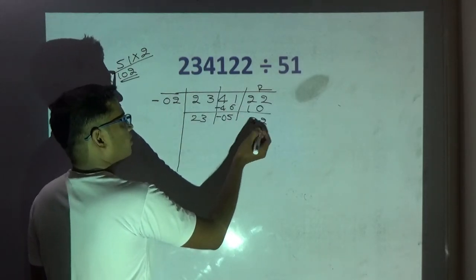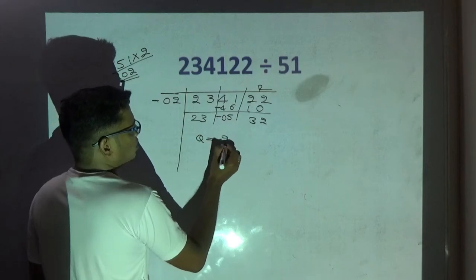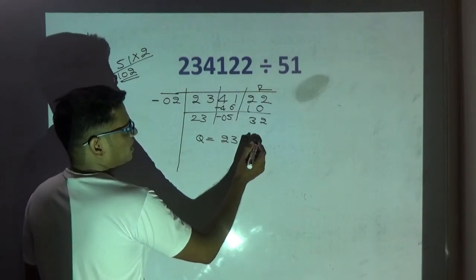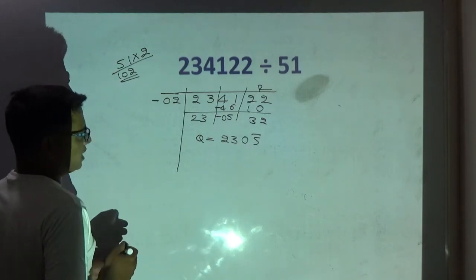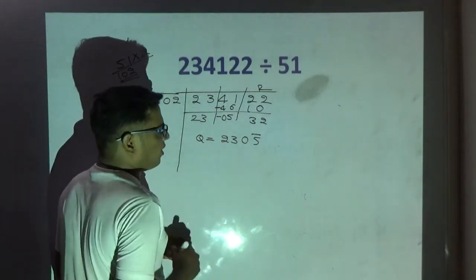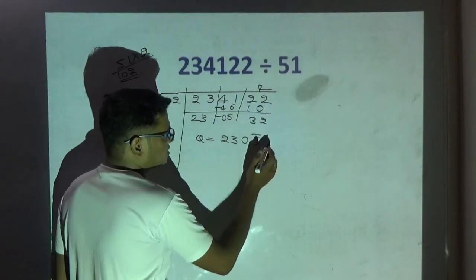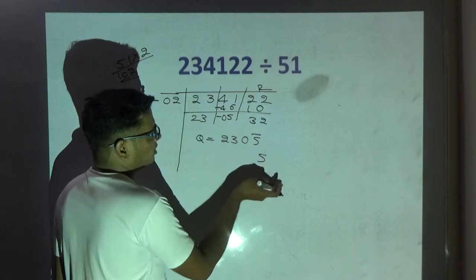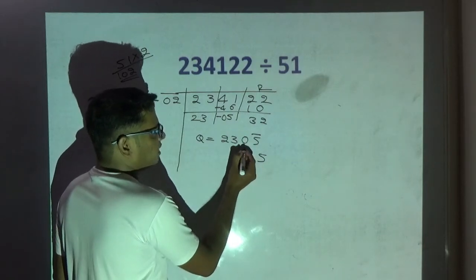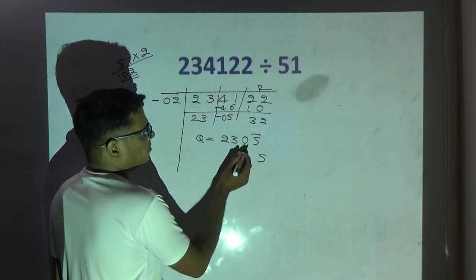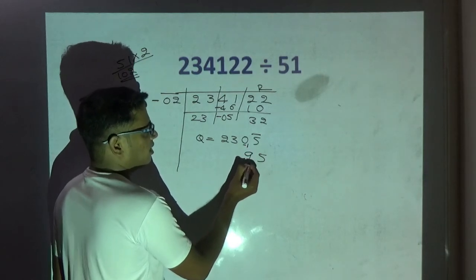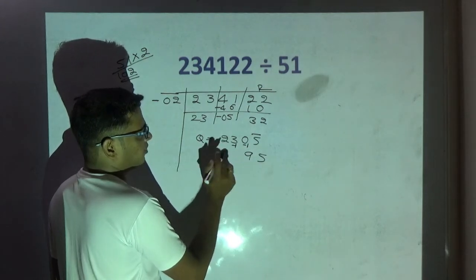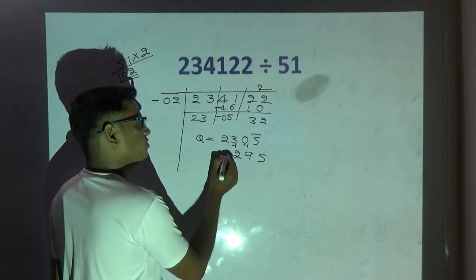Remainder is 32 now. What the quotient I got is 2, 3, 0, 5. But the 5 is negative, right? Therefore, I am representing it by the bar form. What do you mean by 5 bar? That is 10 minus 5, that is 5. I have explained you already in the previous sessions how to take the complement of that. If it is a negative number, for the next number I have to reduce by 1. So what do you mean by minus 1? 10 minus 1, that is 9. This will also become minus 1. Negative number means for the left digit I have to do minus 1. This will be 2, this will be 2.